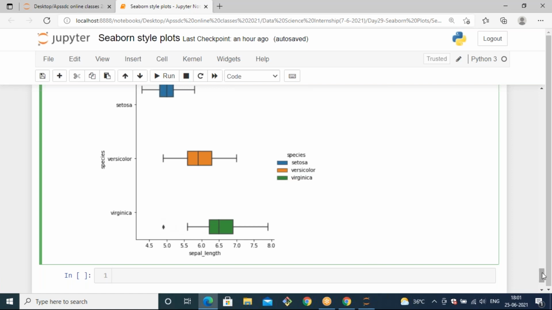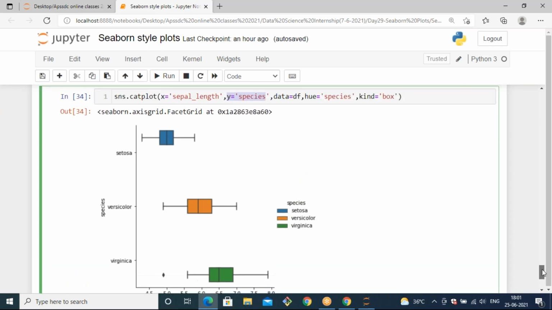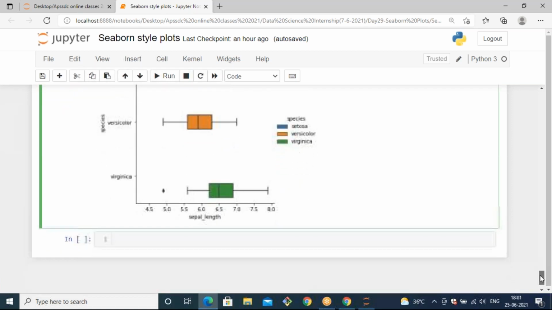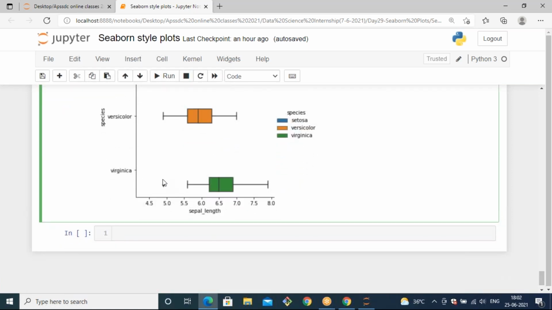The IQR range can vary from 25 to 75%. And this box plot can also be called a whisker plot. So here you will see some dots like this. When there are too many values, you will observe dots over here. All those dots are generated by using whiskers, because a box plot can also be called a whisker plot.